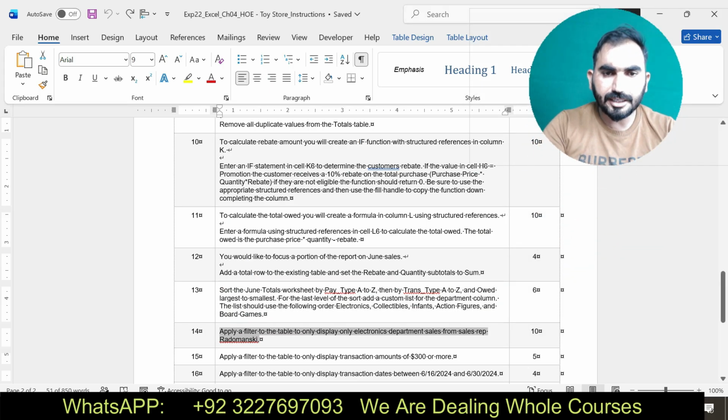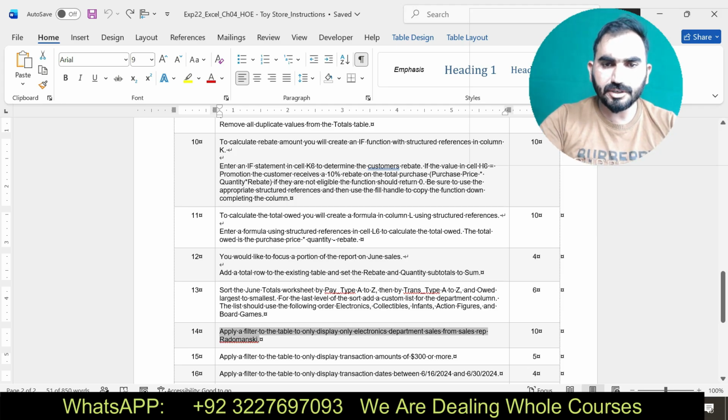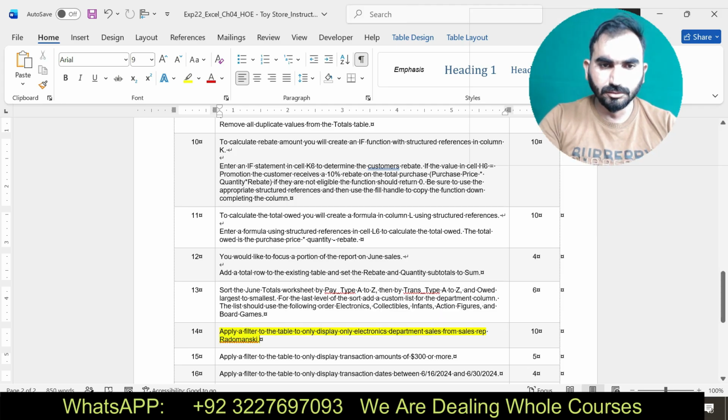Apply the filter to the table so that it only displays the electronics department sales from the sales rep. Okay, electronics department.